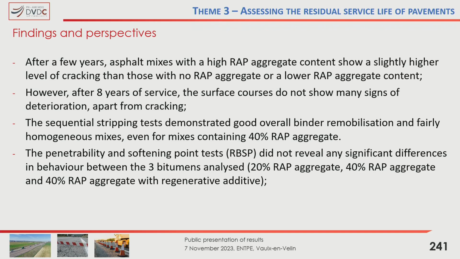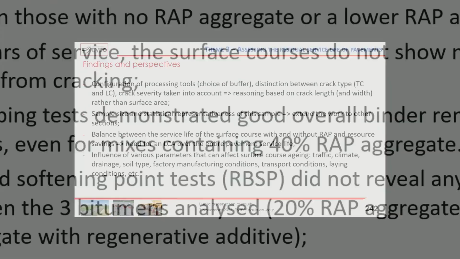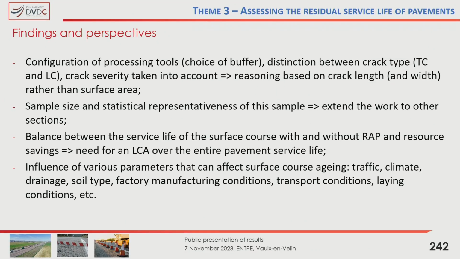After a few years, about 10 years, we see that asphalt mixes with high RAP aggregate have a higher level of cracking than those with no RAP aggregate. And despite everything, after 8 years of service, we see that the surface courses do play their role. The sequential stripping test showed that there's good overall binder remobilization and penetrability and softening points. There isn't much difference between the various bituminous or asphalt coverings. For the findings and outlook, perhaps,